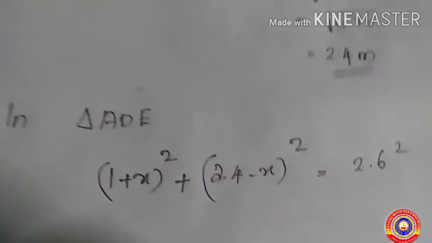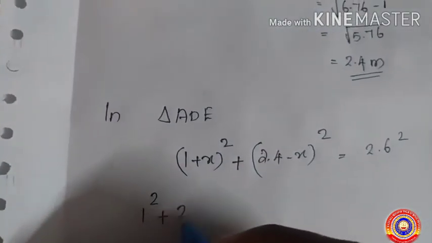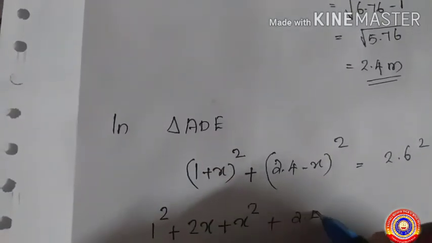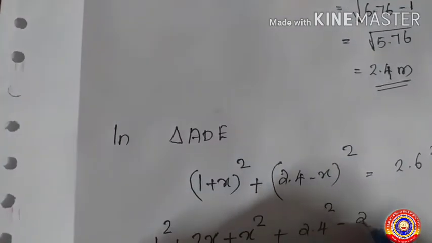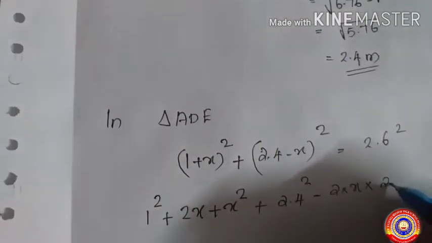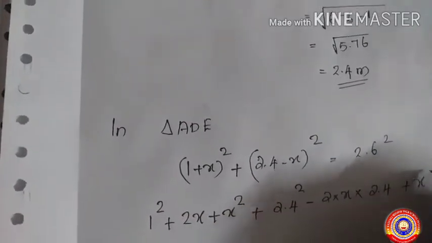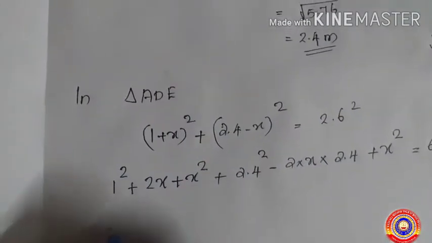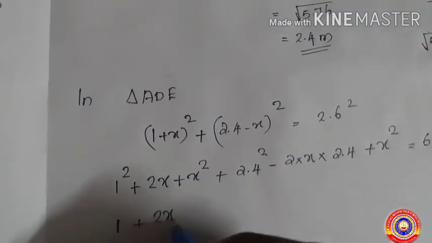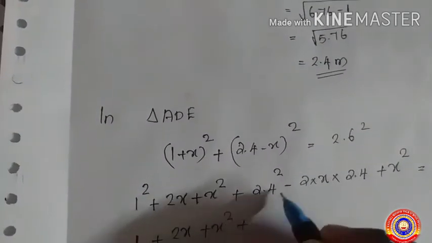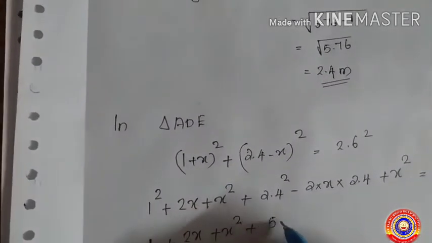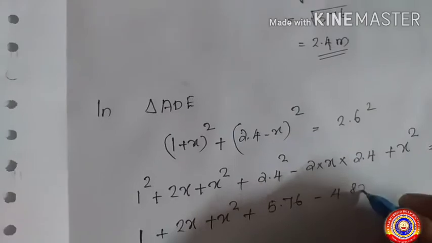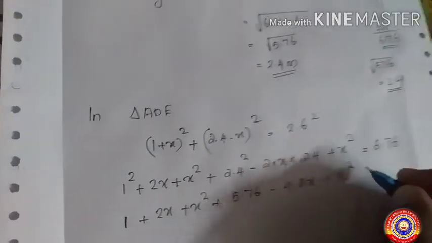So it is in the form (a plus b) the whole square. We have to expand this. 1 square plus 2x plus x square equals 2.4 the whole square minus 2 into 2.4 into x plus x square equals 6.76. So 1 square is 1, plus 2x, plus x square, plus 2.4 the whole square is 5.76, minus 2.4 into 2 is 4.8x, plus x square, equal to